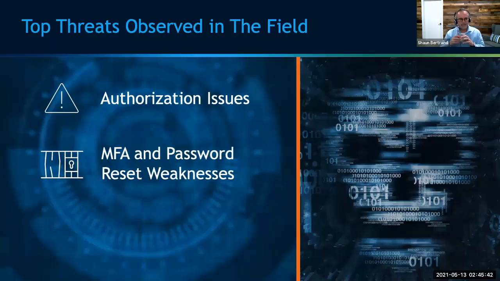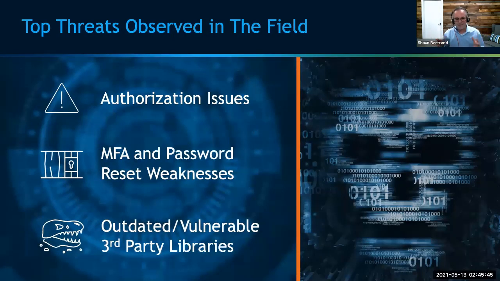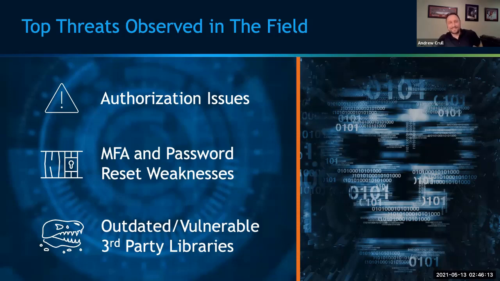All right, next up. This is the fun part, I think. In a moment here, I'm going to pass it over to Andrew to talk through some of these observations that we see in the field. And we're going to talk about what an authorization issue is, and then what is the output, right? What happens as a result of exploiting an authorization issue or password reset weaknesses or outdated vulnerable third-party libraries. Great icon with the third-party libraries and outdated. I just got it. Took me a while. Anyways, all right, Andrew, I'll kick it over to you, sir.